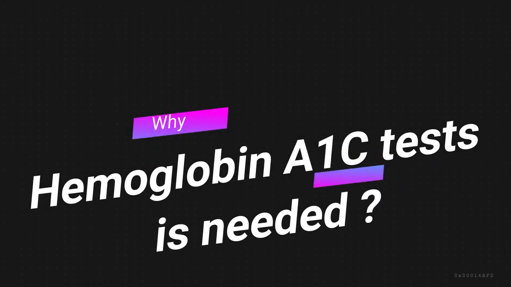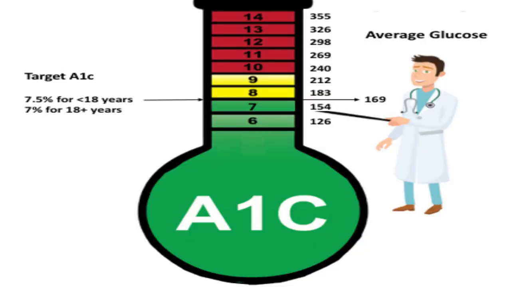If a person has a high percentage of sugar-attached hemoglobin, it indicates that they have had high blood sugar for a long period of time. Why is the hemoglobin A1c test needed? This A1c test is recommended both for checking the tendency to develop diabetes in people who might be pre-diabetic and for monitoring blood sugar control in patients with more elevated levels.